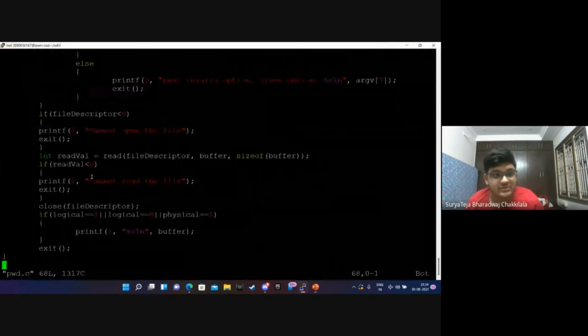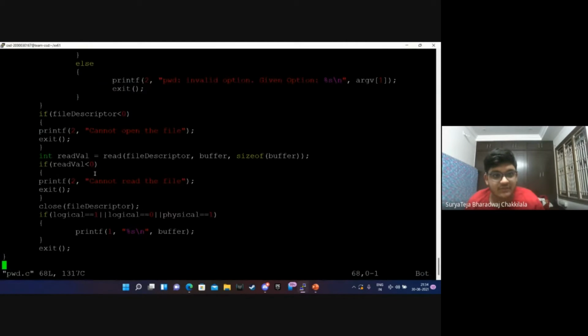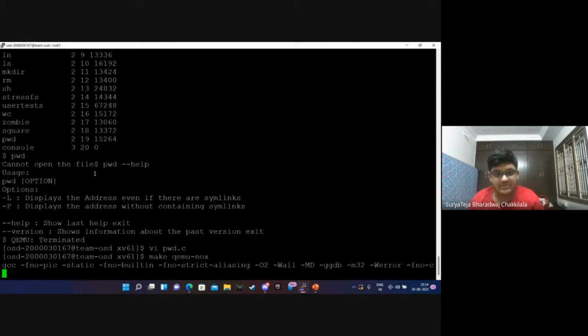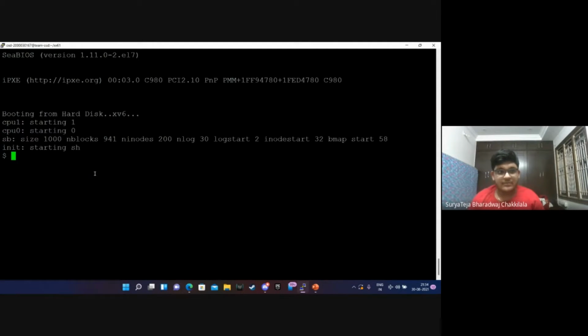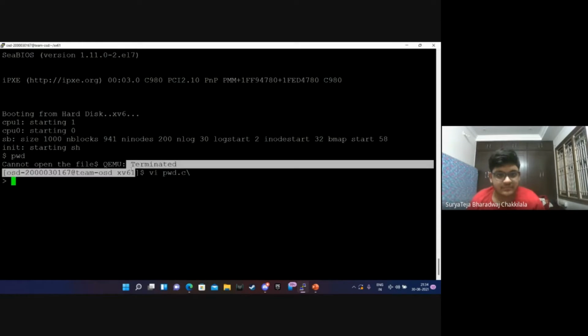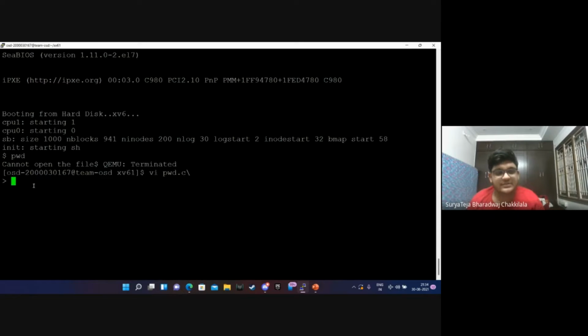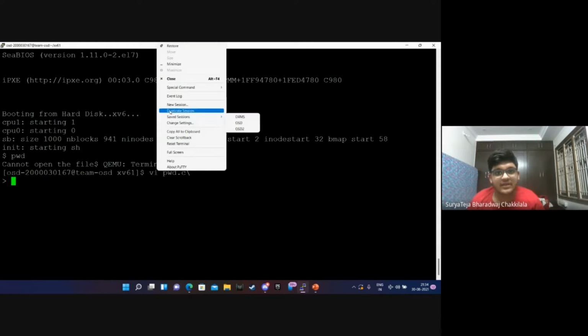Cannot read file. Just a second, I'll check that again. pwd. So cannot open the file. So there's a mistake in opening the file. I'll get stuck here.